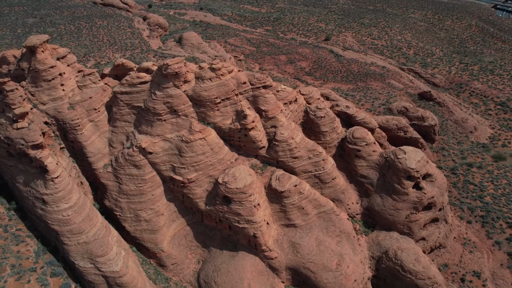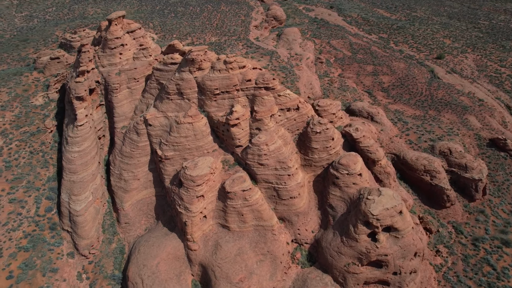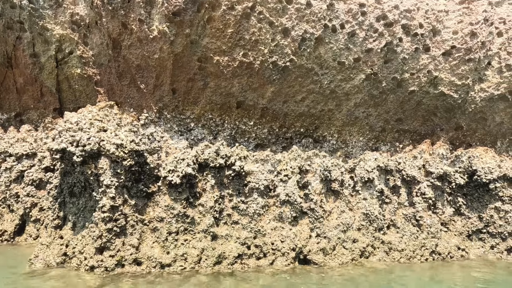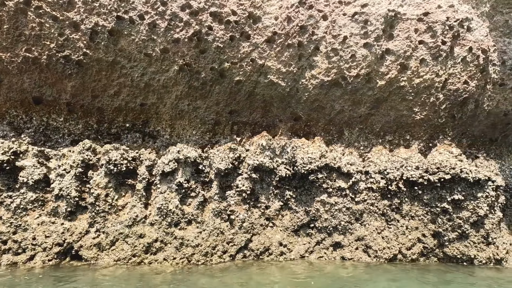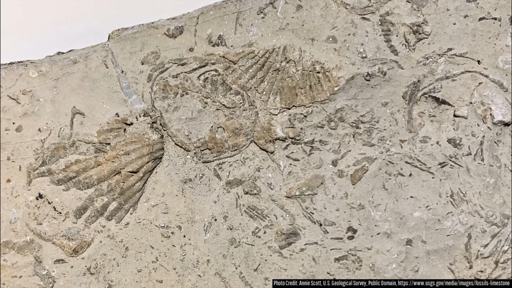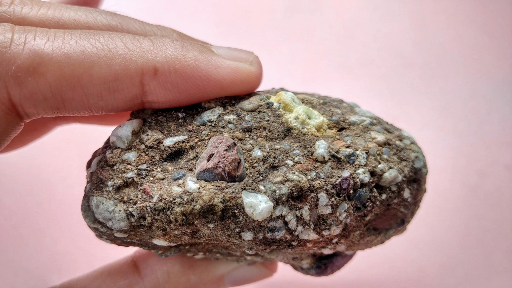Next, sedimentary rocks, which are the most common rock type exposed on the surface of the Earth above sea level. Sedimentary rocks form when particles of rock, whether that be grains, larger rock fragments, and in some cases fossils, are compacted and cemented together. The identification of these grains, which often themselves come from multiple different source rocks, is a